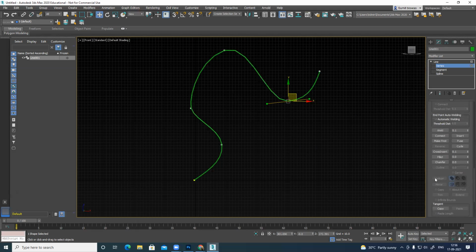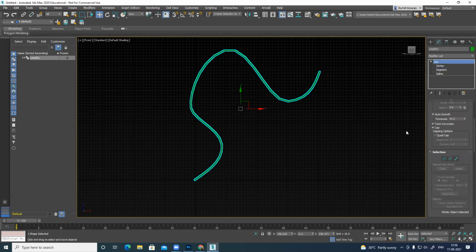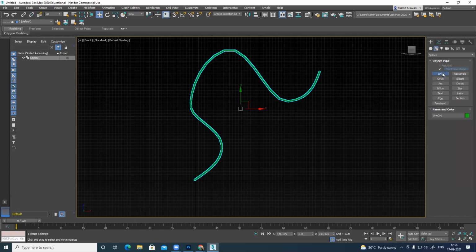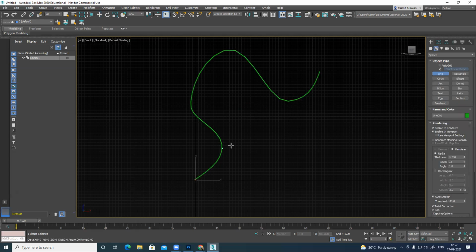Now to convert it to polygons. Okay, let's see. Let's do one again.